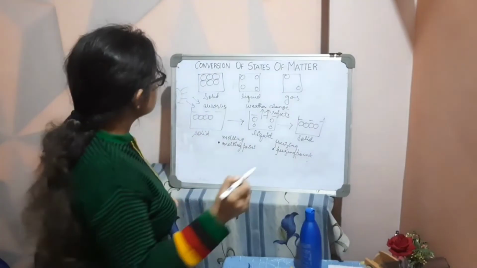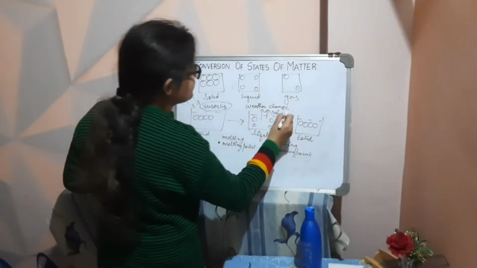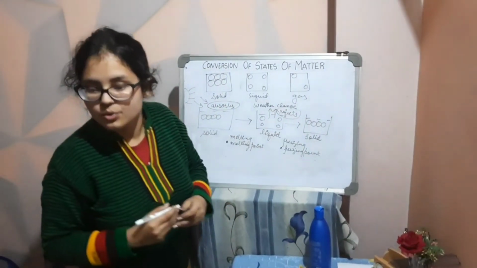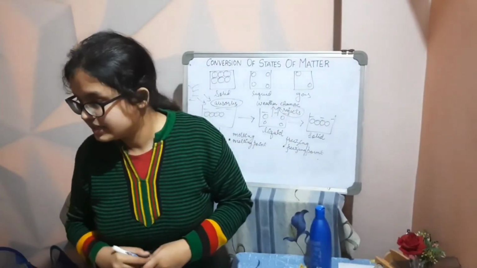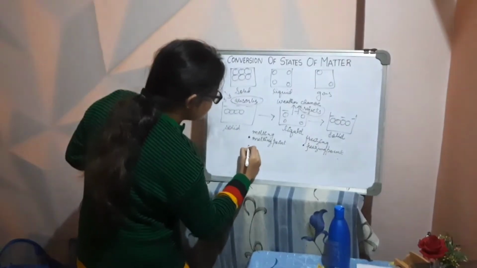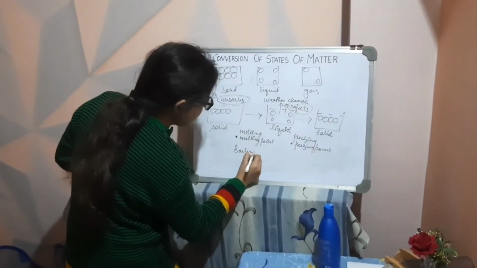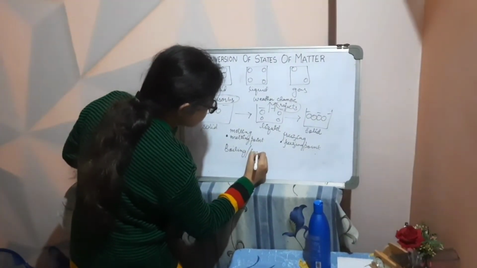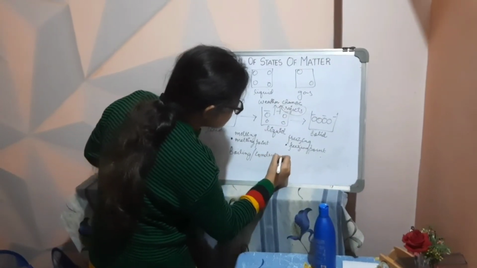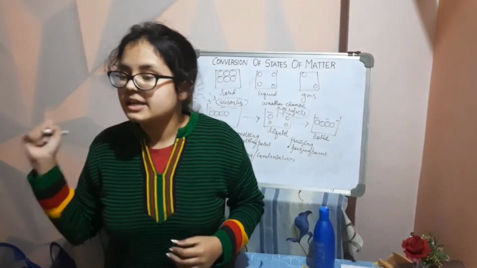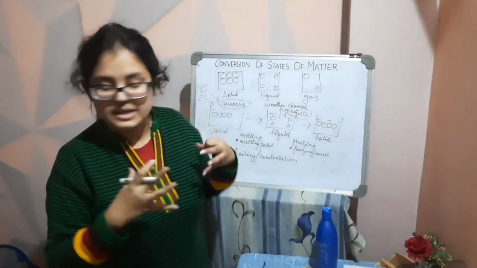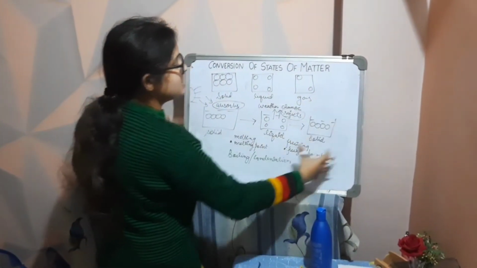Okay, based on the concept of absorbing heat and rejecting heat, I am giving you a homework. You have to think of a phenomenon or perform an activity, and you have to explain boiling and condensation. We are going to discuss it tomorrow in the class, and I will be asking any one of you to explain your answer with a similar illustration.